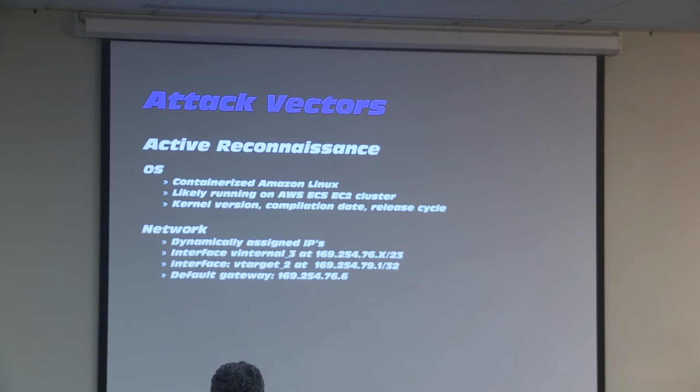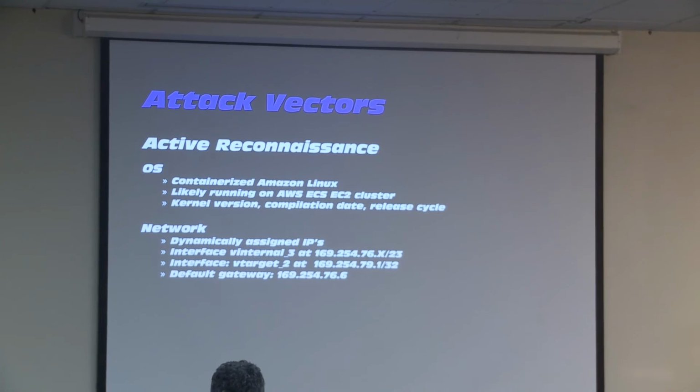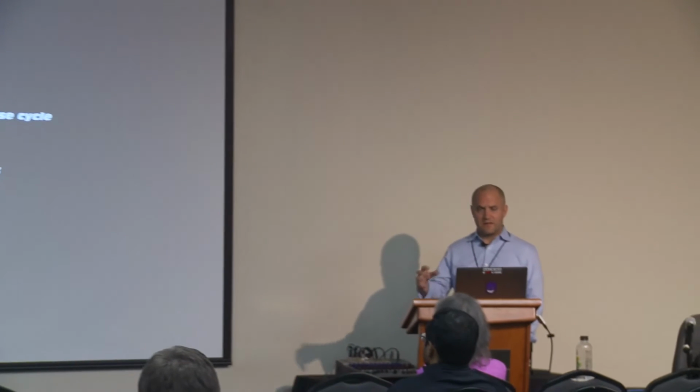I didn't look at the kernel version because I didn't do the uname, but I think it was running 2.6 something. Anyway, we know the compilation date. From that, we can get an idea, if we're going through this periodically, what the release cycle for these Amazon Linux images is for Lambda. They have their own release cycle to the public, but I'm going to do a little more research and find out if that deviates for their own internal processes with regards to Lambda.